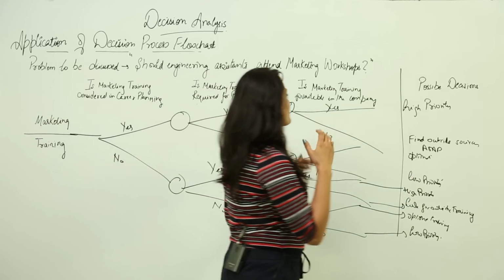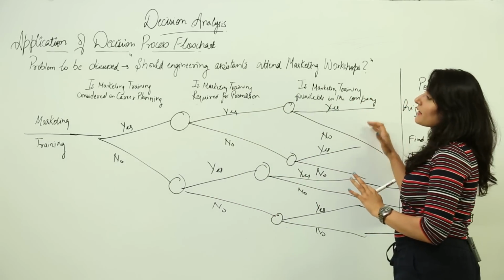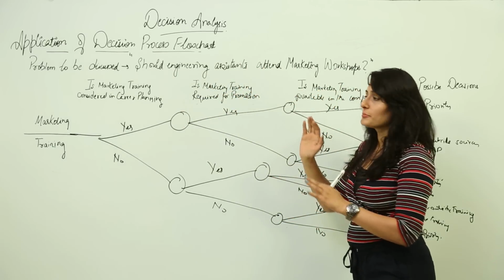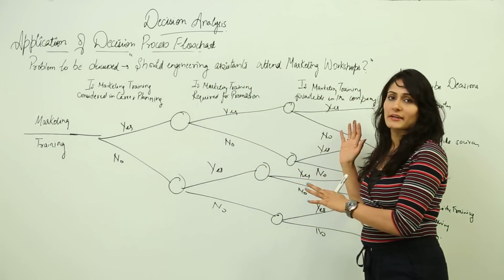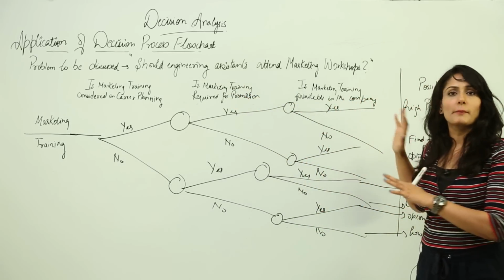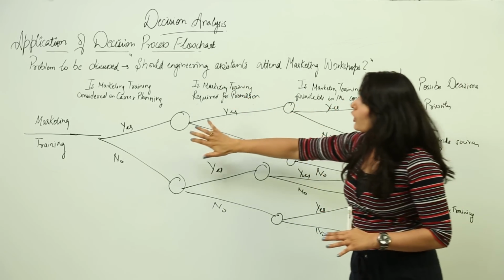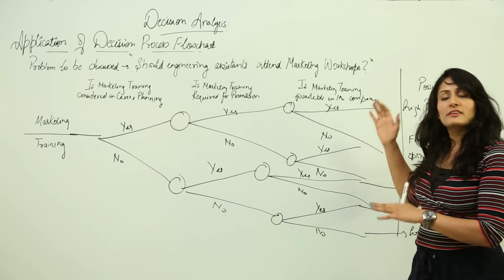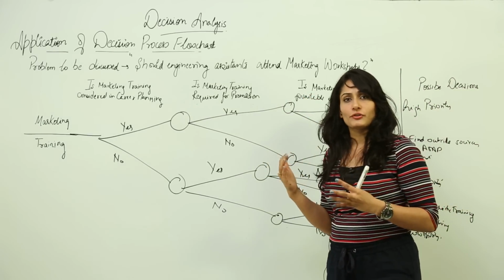So now what you can see with this process is how the decision of whether they should enroll or not has been looked up from the various factors. So this gives you a very pictorial representation of the complete process. You know about all the possible alternatives and their outcomes. So this helps you to take a better decision, right?